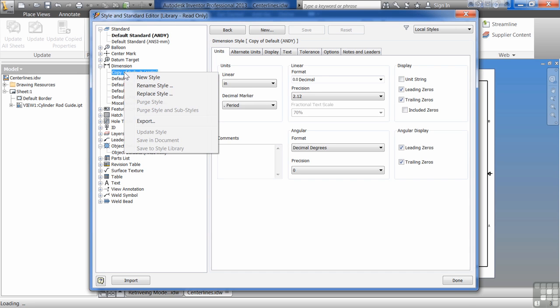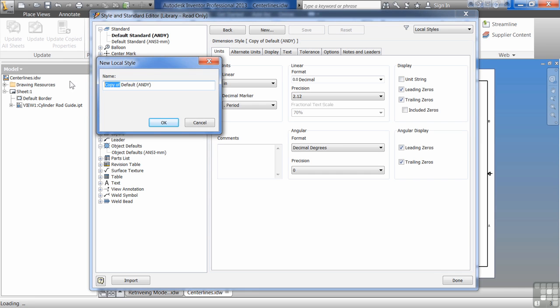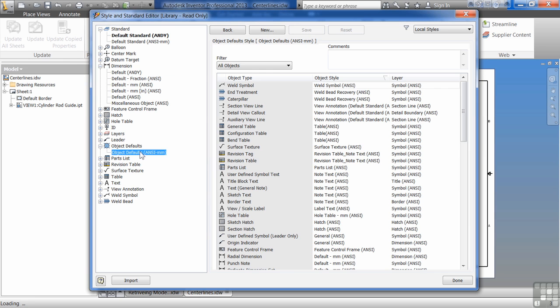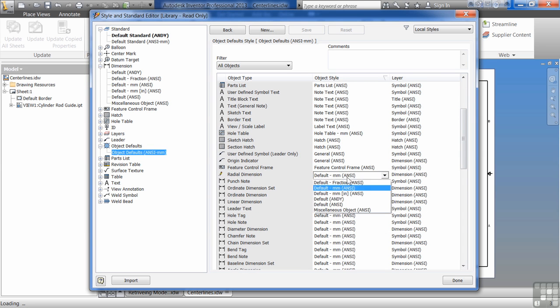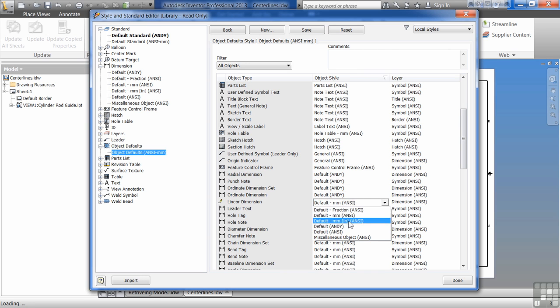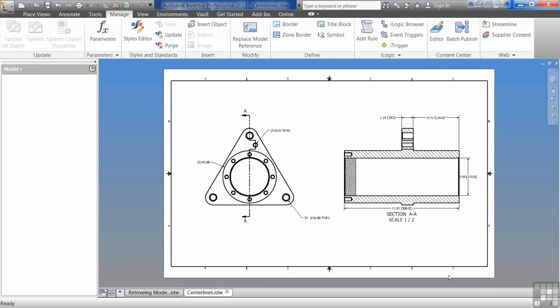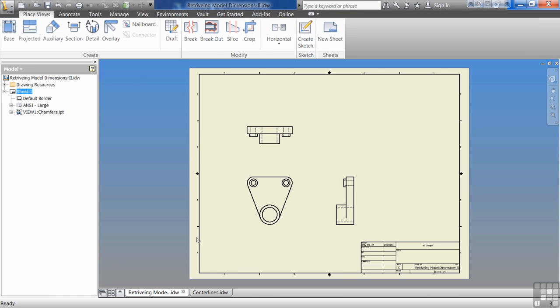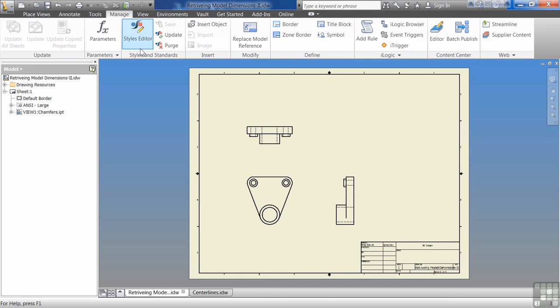You can come in here and rename it, and it will change over here as well. So I can go down through here and change all these to my default Andy. Hit save. Done. However, if I come over here to this other drawing and I go to the style editor,